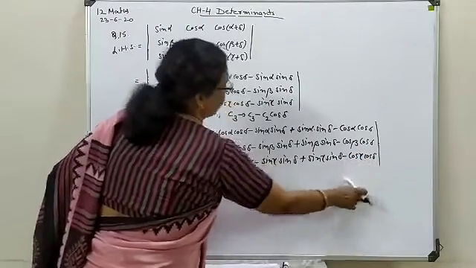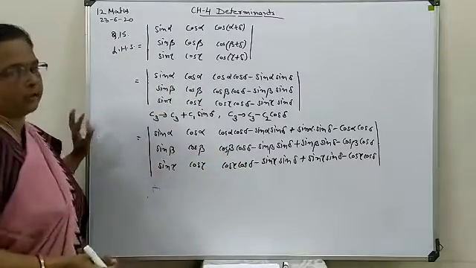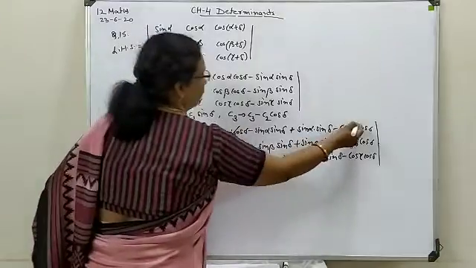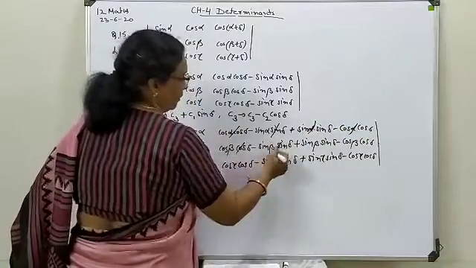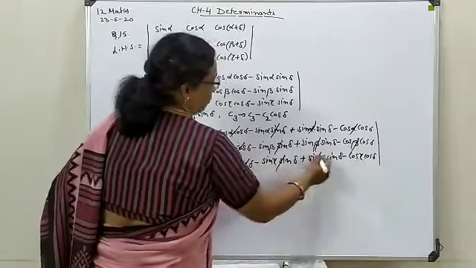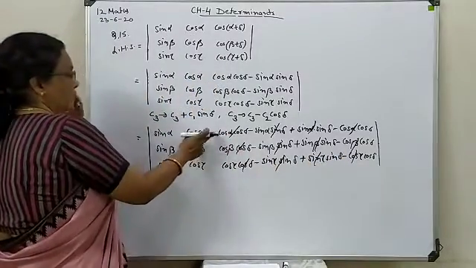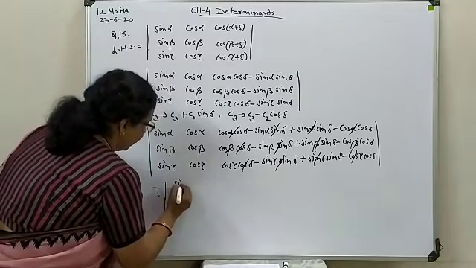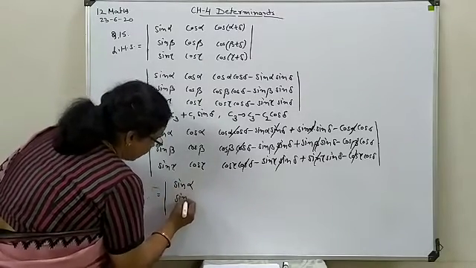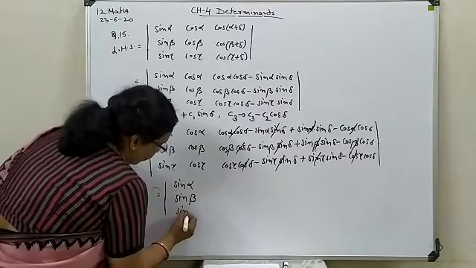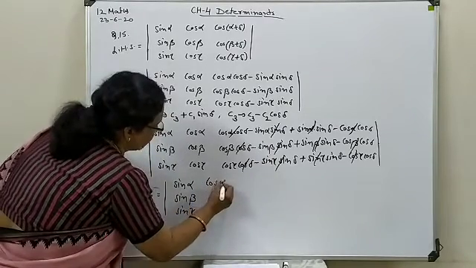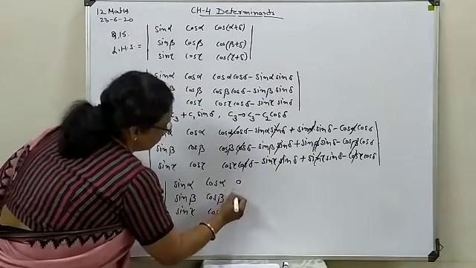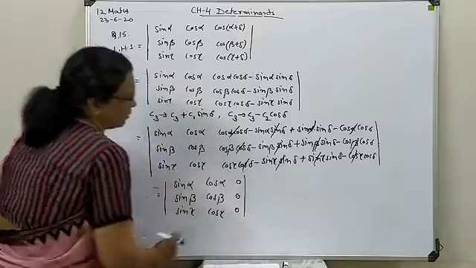Here you can see sin terms are cancelling with sin, and cos terms with cos. In the same order we do this everywhere, so all the terms are going to cancel. So your third column will turn to 0. Here you have sin alpha, sin beta, sin gamma, cos alpha, cos beta and cos gamma, and the third column is totally 0.